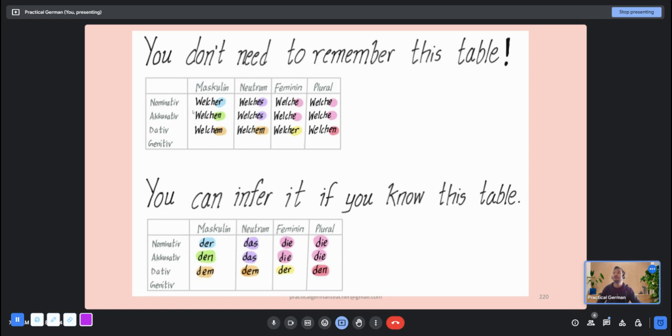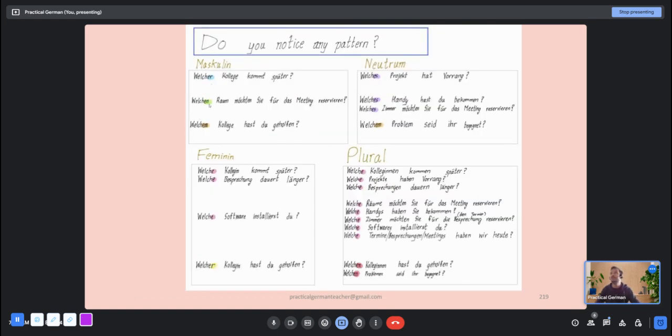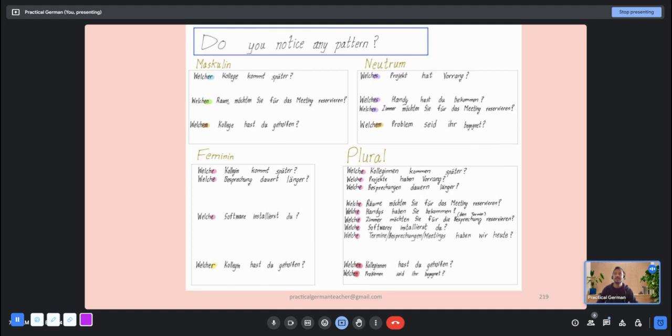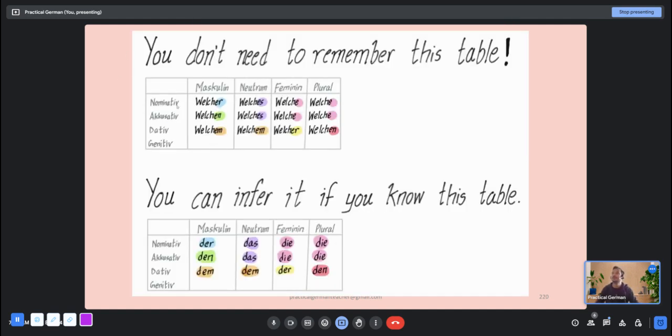So now, if you notice, here you have Welcher, Welchen, Welchem, like R, N, M. Feminine, you have A, R. Neutrum, you have S, S, M. Here you have A and N. This is the table that we looked at for sentences: nominative, accusative, dative. Genitive we did not look at, because there are verbs which require the object to be in genitive, but we don't need them in normal life. Okay, so for nominative, if you look at masculine, it is Welcher, Neutrum.